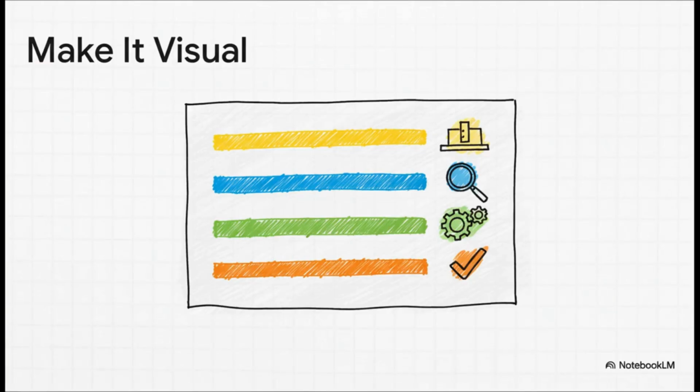And to really help students remember the steps, make it visual. I love this idea. You can assign a little icon and a specific color to each part of STAR. Then students can go back and highlight their own writing with those colors. It gives them this immediate visual check, like, oh, wait, I don't see any green. I forgot to